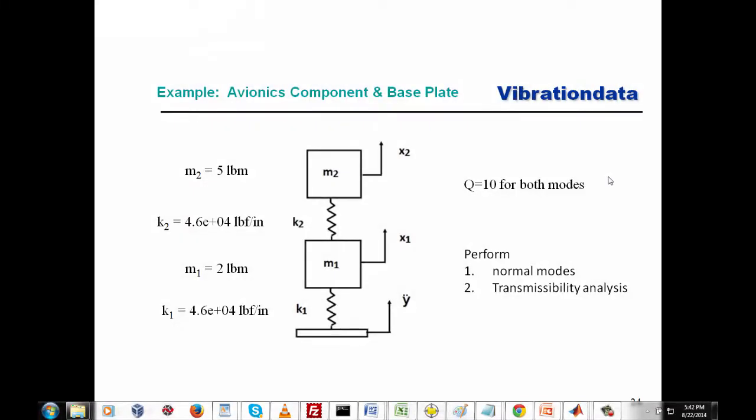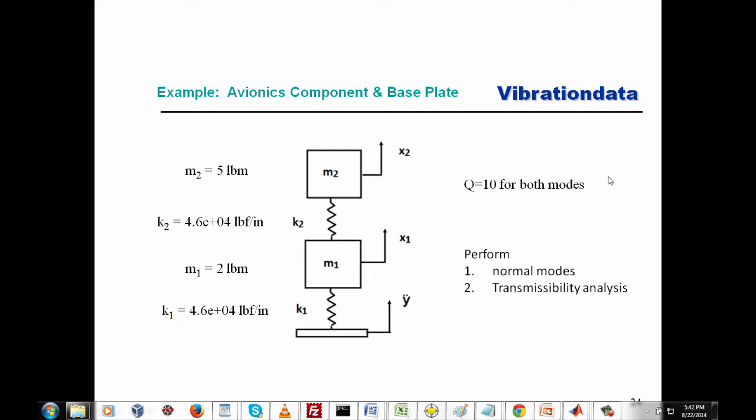And welcome back to the second half of webinar unit 28. We're discussing multi-degree of freedom systems for shock response spectrum. We've already gone over the theory, the equations in part 1, and now for part 2 we're going to